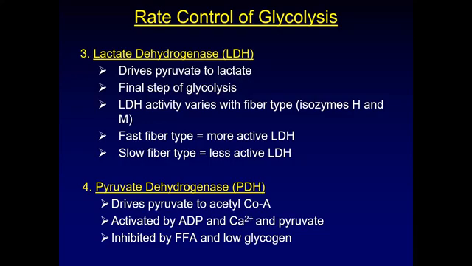It is inhibited. PDH is inhibited by high levels of free fatty acids and low levels of glycogen. So when I've used up all of my glucose store that drives it, PDH gets shut down. If I have a large amount of free fatty acids available,